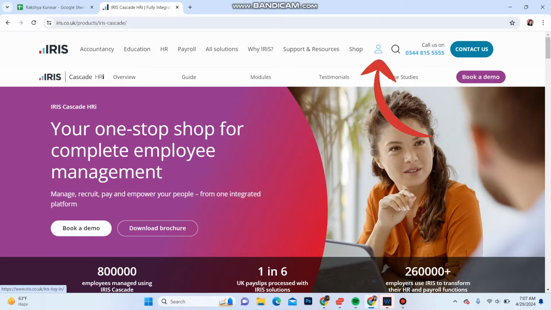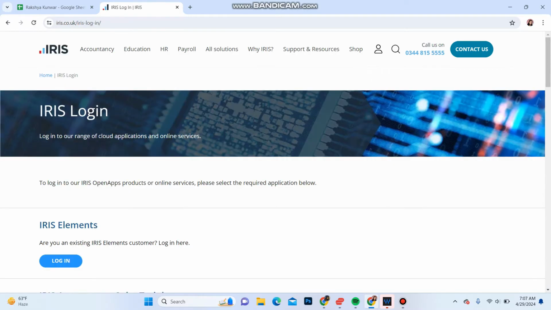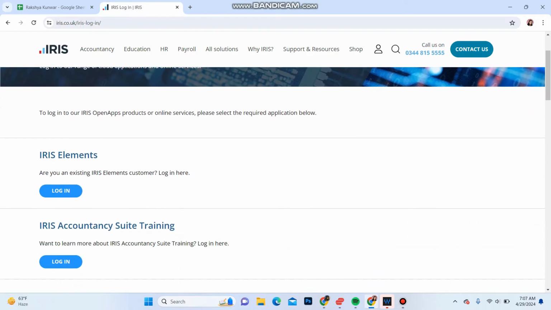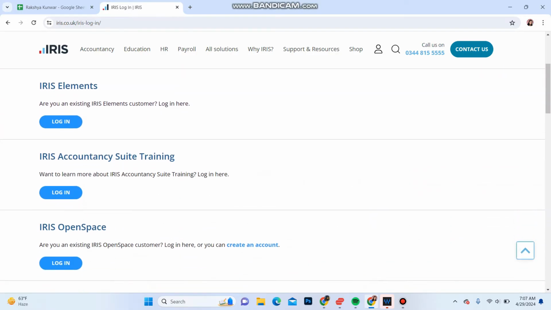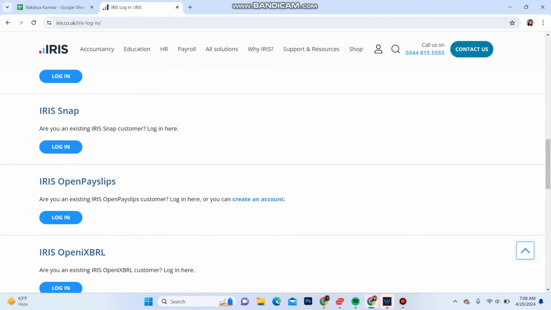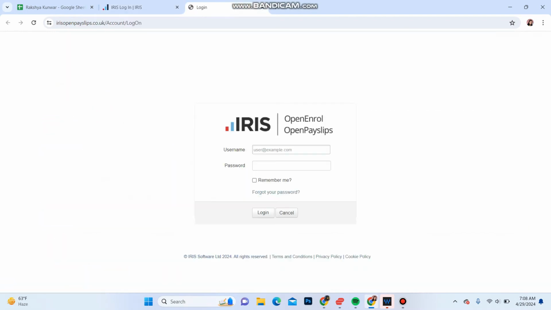you can see the account icon. Click on it. It will take you to this interface over here. Scroll down a bit, you will see various login portals. Choose your appropriate one. It will take you to the login portal, and over here it asks for your username